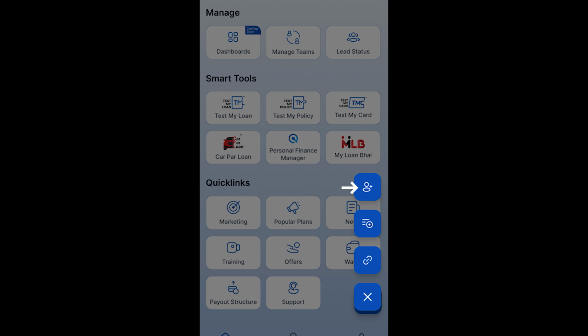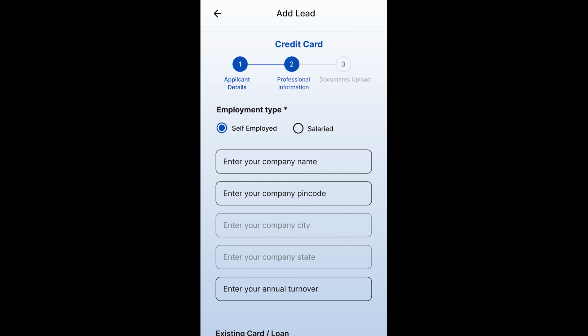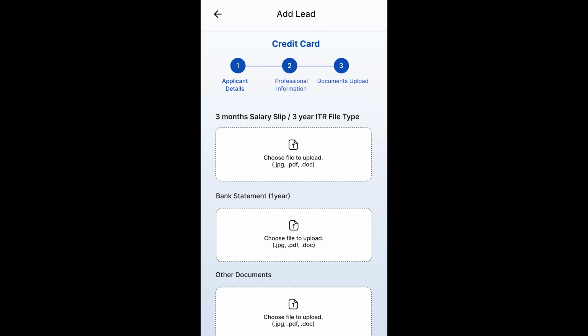Closing a deal is easier than ever. Select the financial product, input your customer's details, and upload the required documents like bank statements or salary slips directly